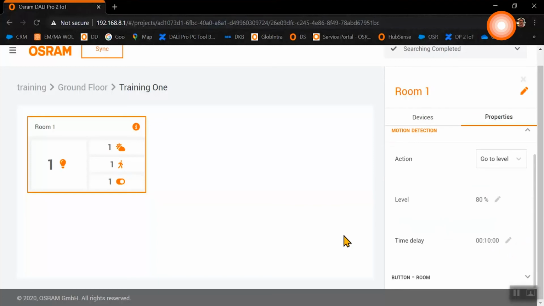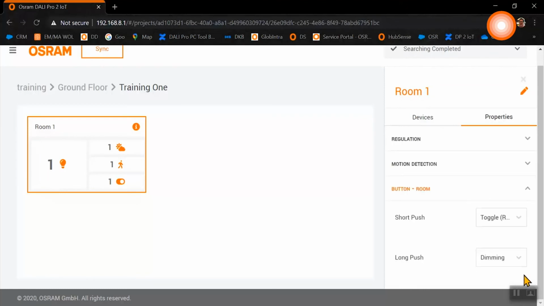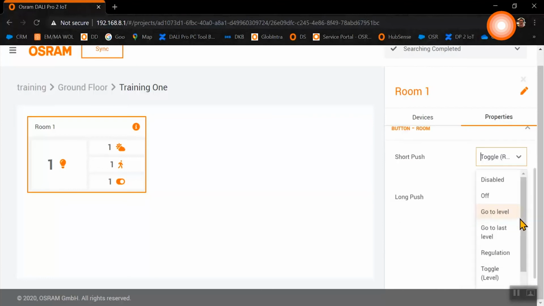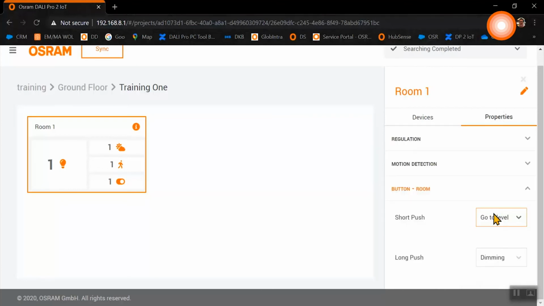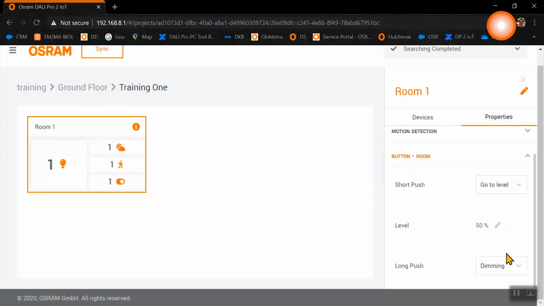The same we will now define for our push button. Here we can choose between the actions for short push and long push.